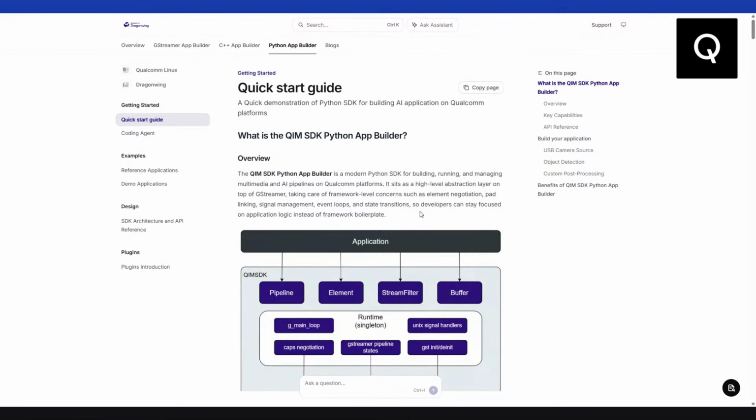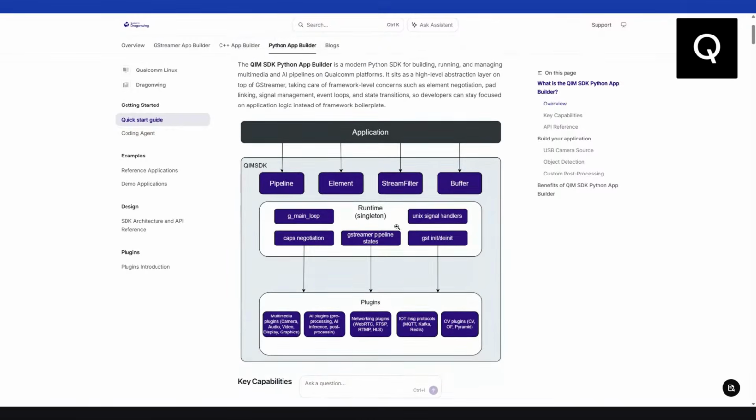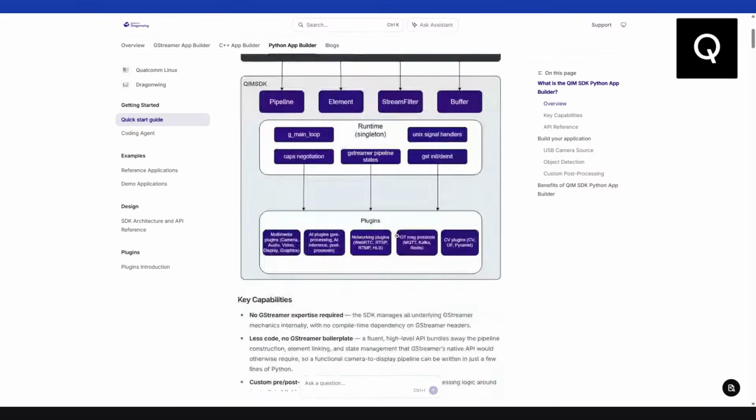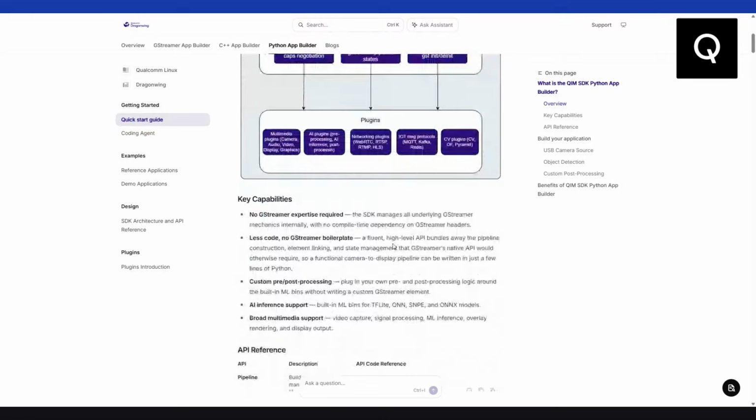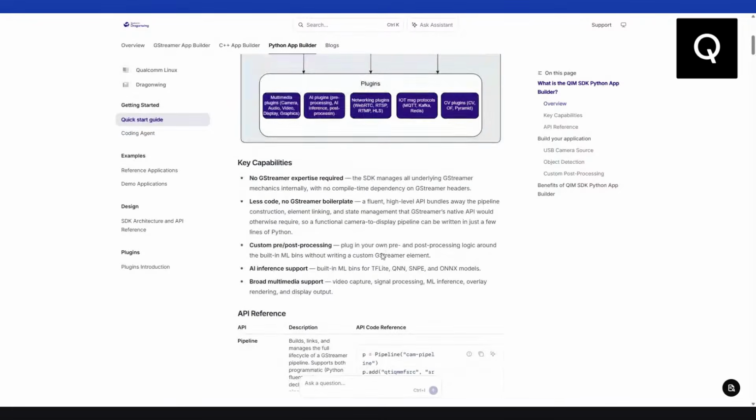the Python app builder. We have a dedicated section where anything and everything you need to know about building a Python application you will find here. At a high level, we provide the overview of how this whole stack looks. At the same time, we provide the capability that you don't need GStreamer expertise. You can run your AI workload using any AI inference engine. It could be QNN, it could be TF Lite or ONNX, and at the same time, you can build